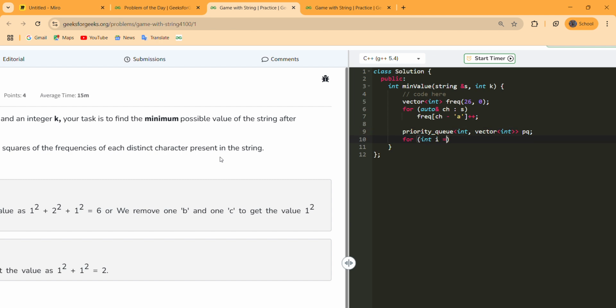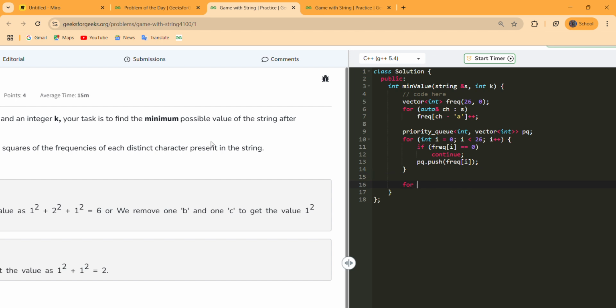Iterate over our frequency array. If frequency of I is equal to 0, that means the corresponding character is not present, so let us do nothing in this case. Otherwise push frequency of I inside our priority queue.